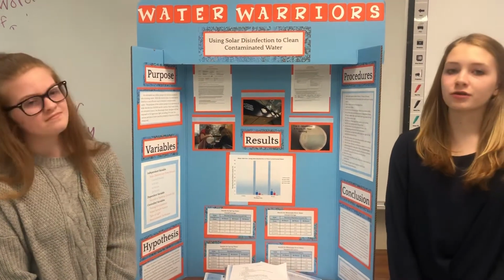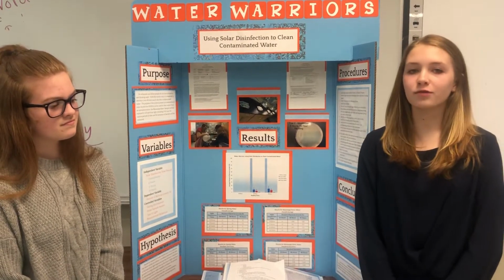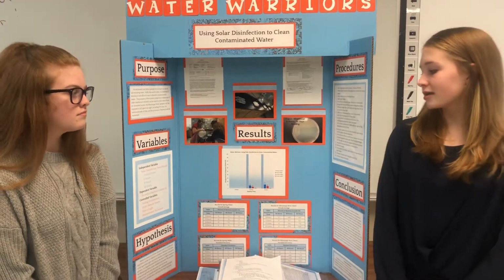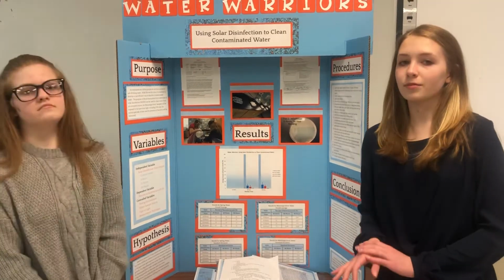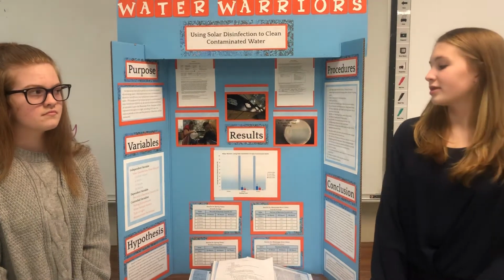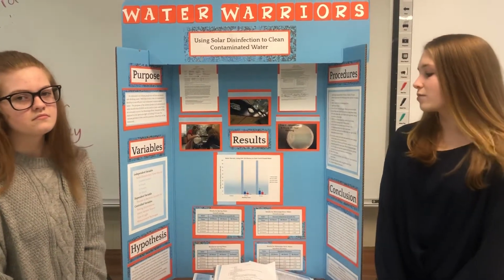Based on research of solar disinfection, we predicted that there would be an indirect correlation between the time of full spectrum light exposure and the amount of bacteria growth. We hypothesized that as the light exposure for the Mississippi River water samples increased, the percent of bacteria growth would decrease and vice versa. Furthermore, we predicted that the untreated samples without solar disinfection would have the most bacteria growth